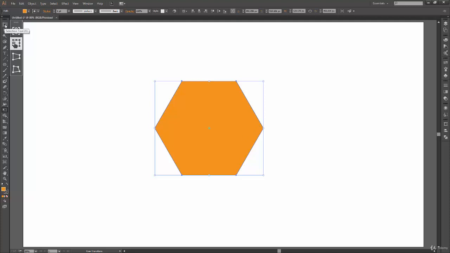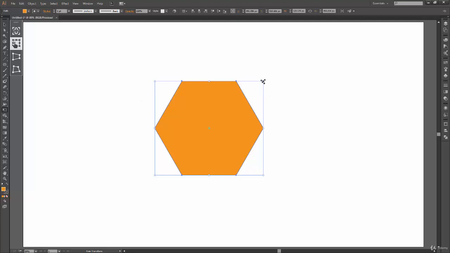And before that, you might want to notice the changes in our bounding box. So when I select my selection tool, you can see the bounding box I have has square kind of dots at the corner and at the center. But when I switch to free transform, all the square dots turn circular. So this is just for a visual purpose so that you know the difference. And the working is still the same.